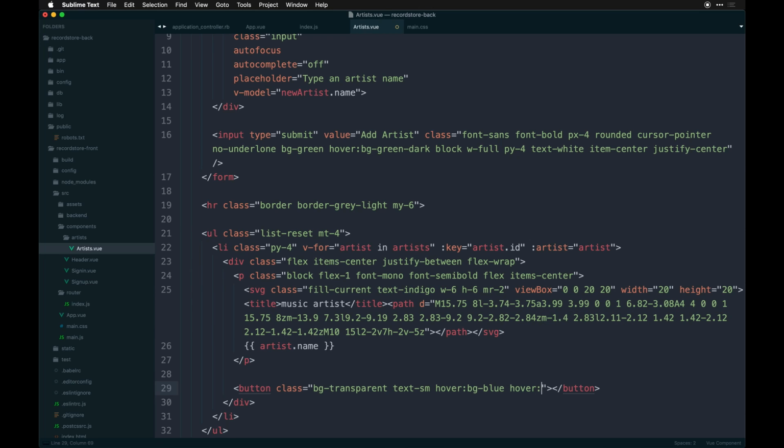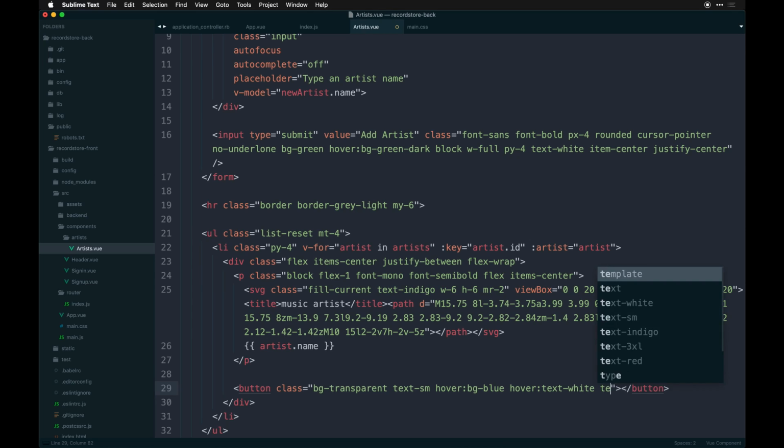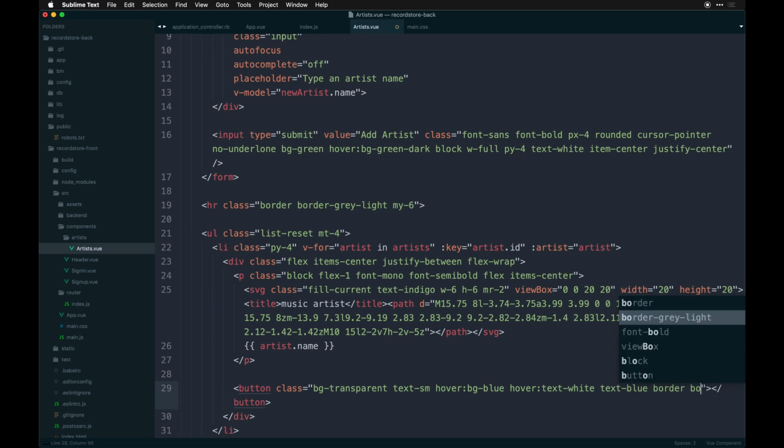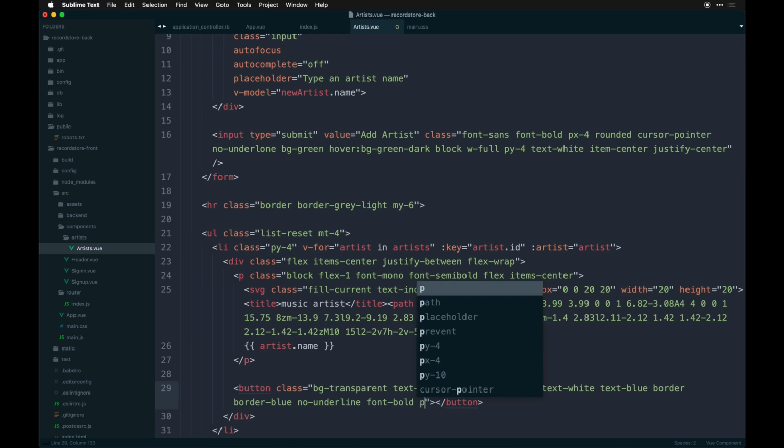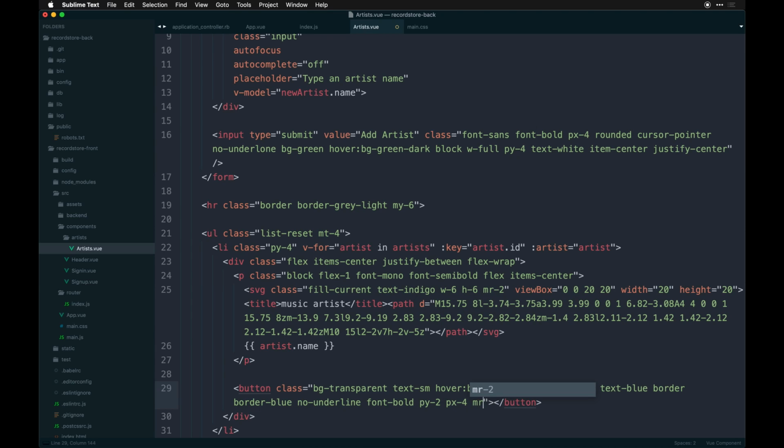So hover, text white, text blue, border blue, no underline, font bold, padding Y2, padding X4, margin right 2, and rounded. I'm gonna copy that in a minute